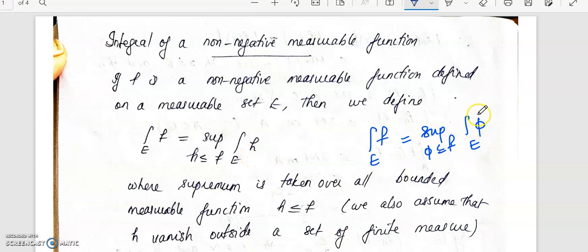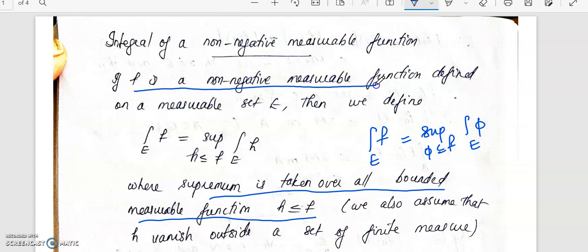അതായത് ഇവിടെ സിമിലർ ഇൻറ്റഗ്രൽ ആണ് നമ്മൾ ബൗണ്ടഡ് മെഷറബിൾ ഫംഗ്ഷൻ കണ്ട പോലെ തന്നെ സിമിലർ ഇൻറ്റഗ്രൽ ആണ്. ഹിയർ phi was a simple function. Now here the difference is ഇവിടെ വരുന്ന ഫംഗ്ഷൻ h എന്ന് പറയുന്നത് bounded measurable functions ആയിരിക്കും. So the supremum is taken over all bounded measurable functions h less than or equal to f. So that is how we obtain the integral of a non-negative measurable function.